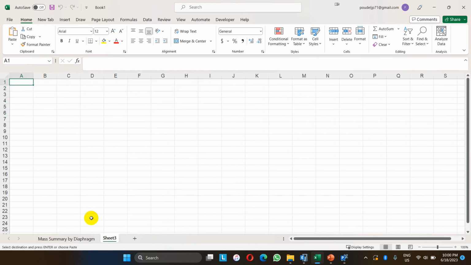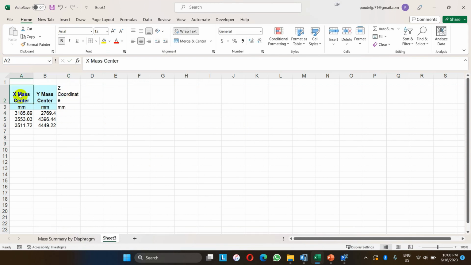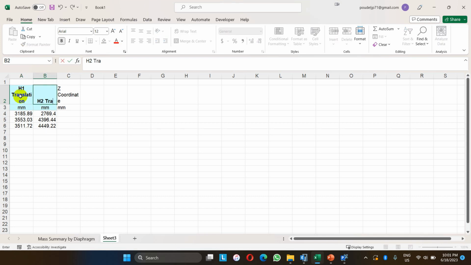These are the XY coordinates, and let me go for Z coordinate. It is called H1 direction coordinates, S2, or simply we say H1 translation, S2,